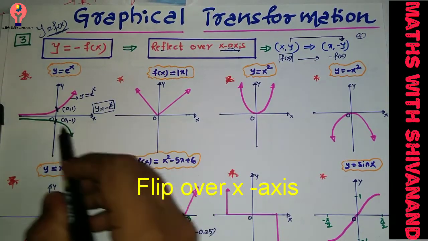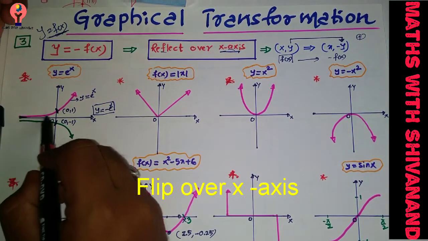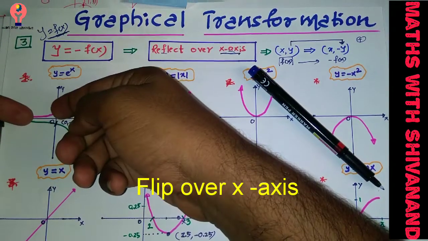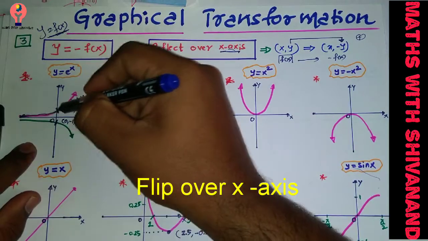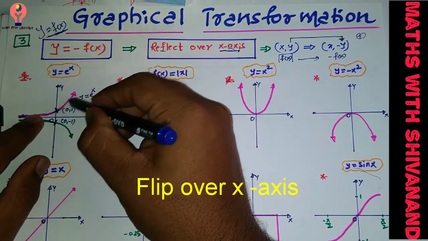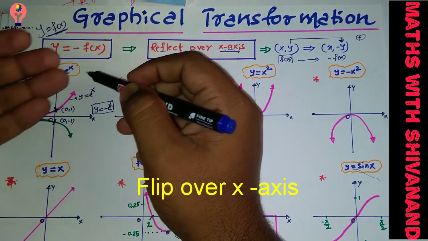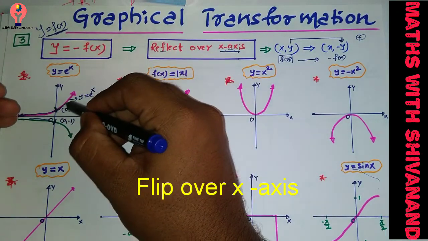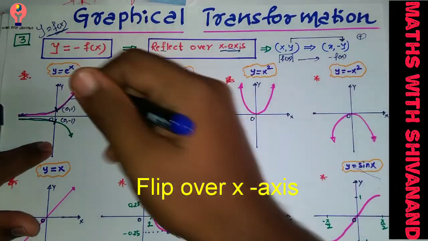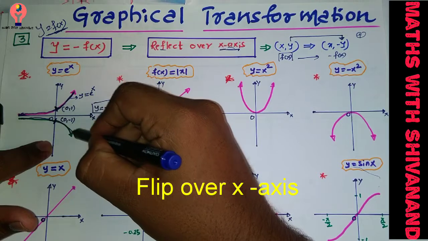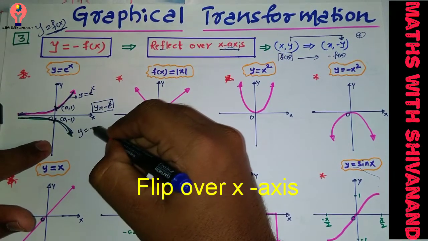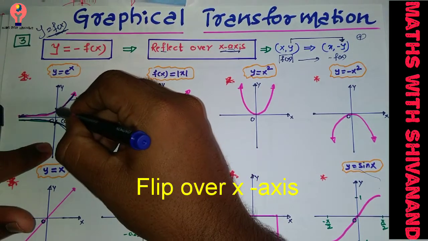So how to do the reflection? First take this part, from here to here. You need to reflect it completely over the x-axis. This part is reflected from here to here. This is the reflection image. The negative part you reflect one time, the positive part another time. And this part again you reflect. Now it is appearing on the downside. This is the graph of y is equal to minus e raised to x. Here this point is (0, 1).